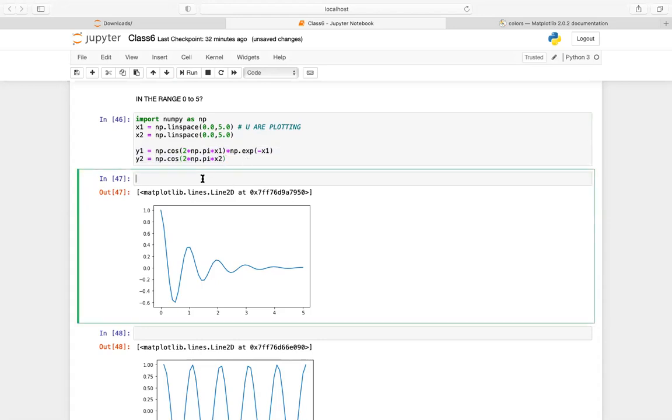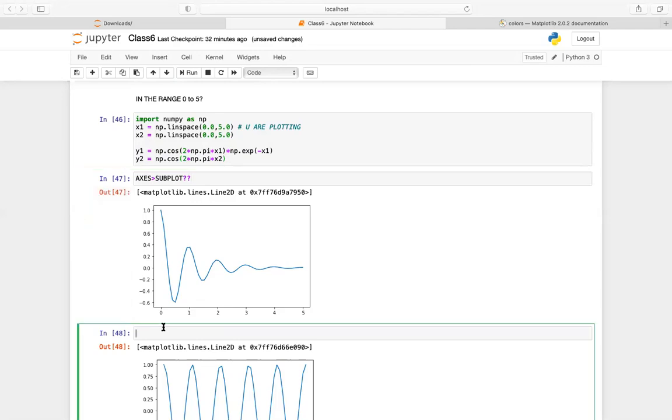Now, how do I plot both the plots together in the same figure, or maybe side by side, left and right? In that case, I will use something called axis.subplot. There is a package in matplotlib called axis.subplot, which will help you plot two figures the way you want to plot them. I'll show one example so that you become familiar with it. The syntax is that you write fig, which means the figure, and then you define axes: ax1 comma ax2. When I'm writing axes, it means there are two axes.